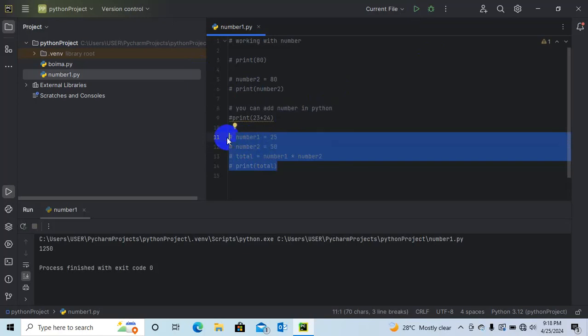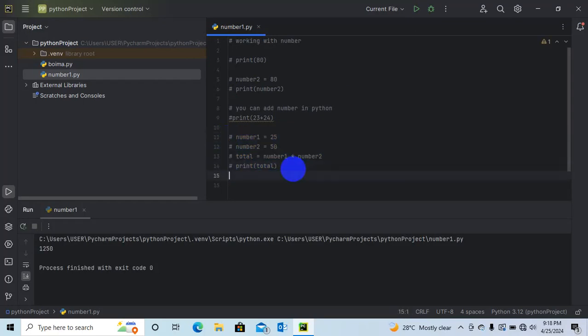Now, the next thing is, how do we know whether it is an integer or float when it comes to determining the data type? This is just easy. The same way too, you can just come here and declare a variable. Let's say number 1 is equal to 20, or 30 or 56.